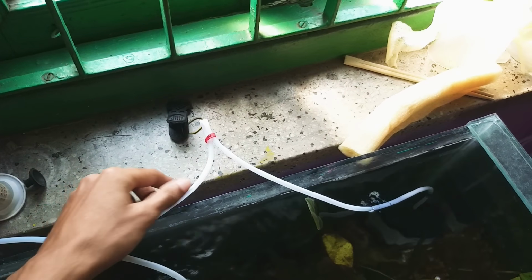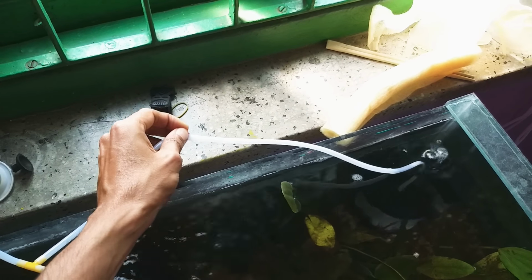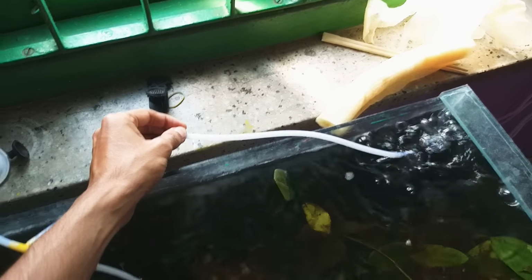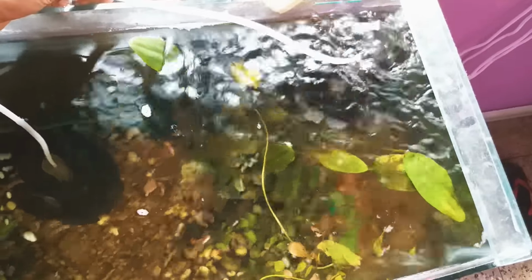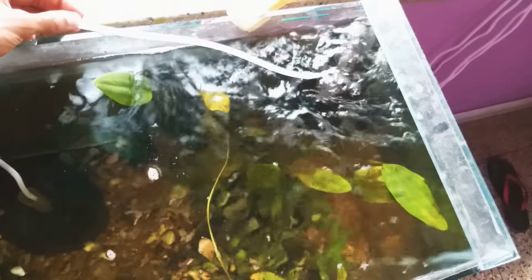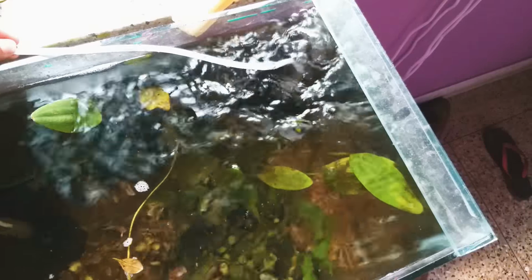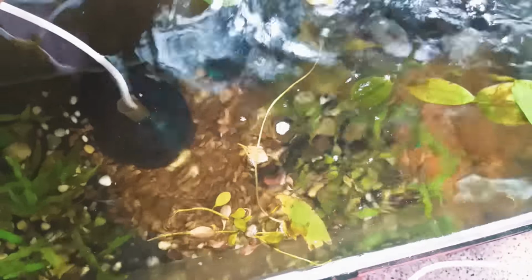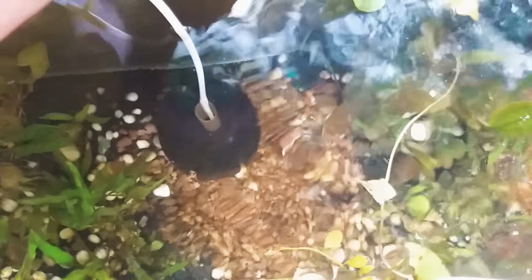Now if I remove this band like this, see, this filter stops, and this filter starts. Now in the beginning I was having an issue to realize what was actually happening. What was happening was that the resistance towards air bubbles offered by this filter is much more, because the sponge is quite dense